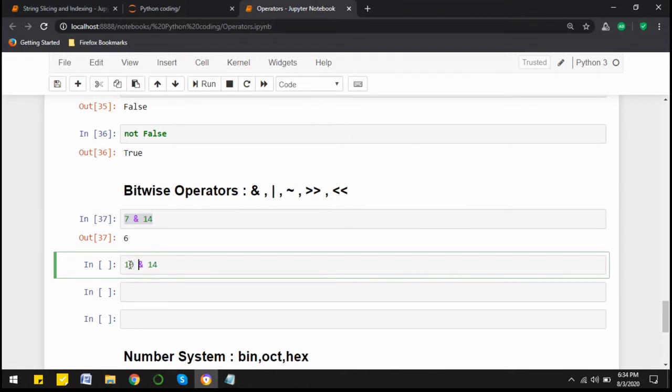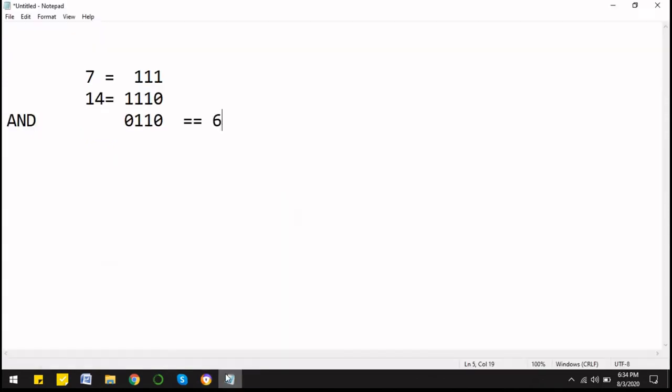We can take any other example here for which we know the binary value. Let's take 10 here, and let's say I take 15 here, right? So 10 will be 1 0 1 0, right? And here I am taking 15. So for 15 it will be 1 1 1 1.